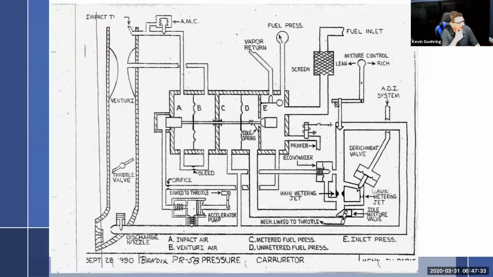In fact, it was kind of funny. I won't tell you who it was. Somebody in the local aviation industry around us last year about this time walked in with one of these things. Hey, you got a carb bench? I'm like, yeah, we do have that carburetor bench. Yeah, well, I want you to run my pressure carb. What? Why would you want me to do this? Well, you know, it's leaking, it's doing this, it really doesn't look like a very good carburetor, and we just want to see how bad it is before we put it back on and run it. I'm like, yeah, no. I will not go near this with my carb bench. I will not take that responsibility. You need to do the right thing, and you need to send it to somebody who's certified to work on these things.